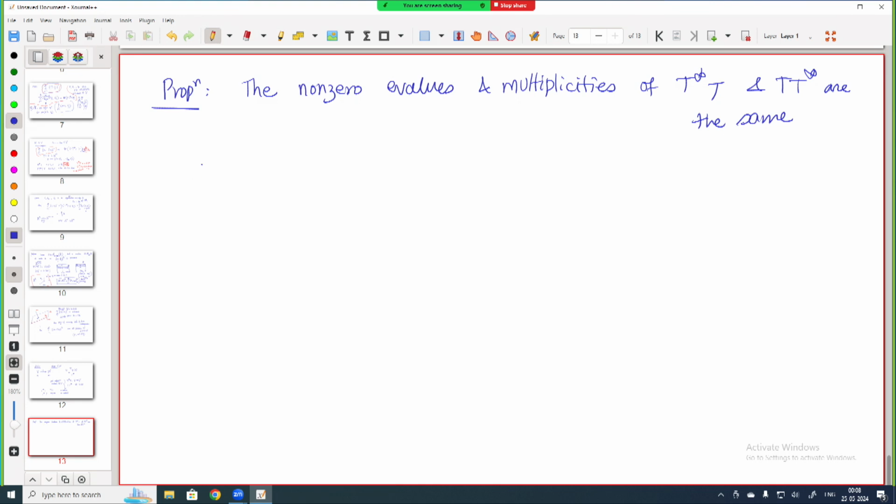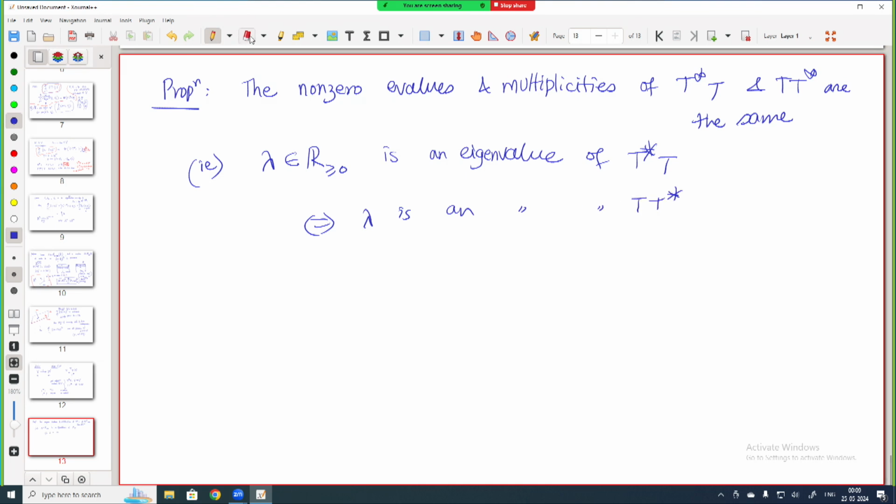So, let me write out the precise statement. Lambda, by this I mean a non-negative real number, is an eigenvalue of T star T if and only if lambda is an eigenvalue of, sorry, I should say non-zero. So, it is already non-negative. So, what I mean is a strictly positive number lambda is an eigenvalue of T star T if and only if it is an eigenvalue of T T star. Okay. Further, the dimensions